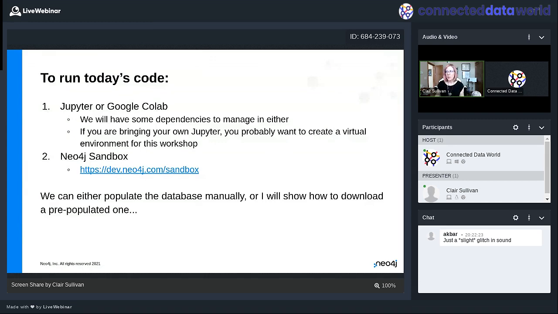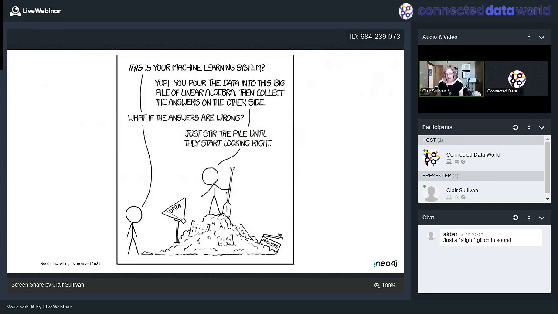The second thing that we're going to be using are Neo4j sandbox instances. So Neo4j, for those who are not familiar, is a graph database, and basically these are pre-configured databases. They're free. You can get blank ones. You can get ones that are already pre-populated. We're going to work with a couple different knowledge graphs today that we'll be doing within Sandbox. Okay, so moving right along.